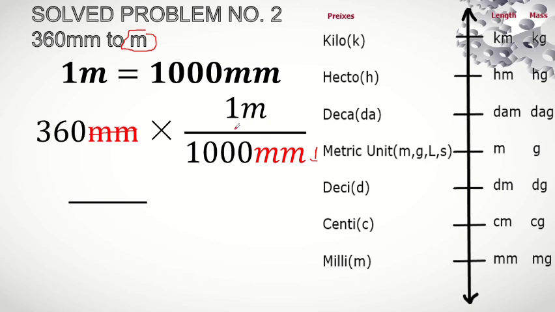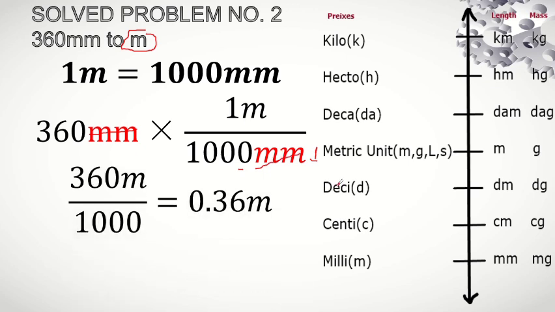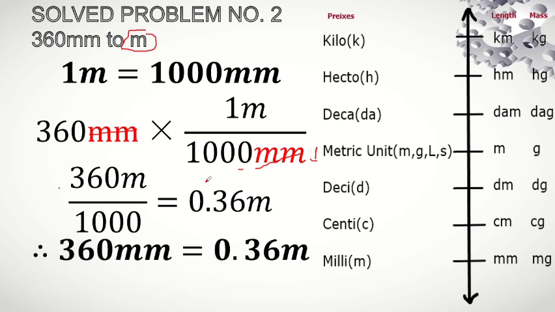So, ayan. Nilagay natin yung 1,000 sa ilalim. 1,000 millimeter. Para makancel kapwa nila millimeter. Meter na lang matitira. Ayan. Minultiply na natin to 360 times 1 m, 360 m, all over 1,000. So, kung divided by, so ilan ang zero nito? 3. 1, 2, 3. So, dito ang decimal point. So, we have 0.36 meter. Therefore, in 360 millimeter, we have